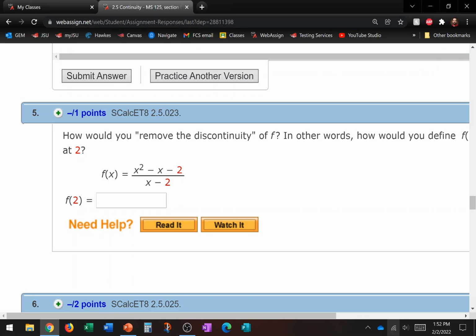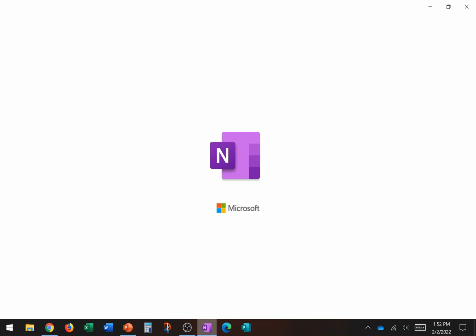That's a big mouthful to talk about. It's not a really bad problem, because what we need to do is find the limit here as we approach 2. Once we figure that number out, we can define our function to equal that number, and then we'll be continuous. We've done several like this as far as finding the limit. And so we want the limit of this thing.